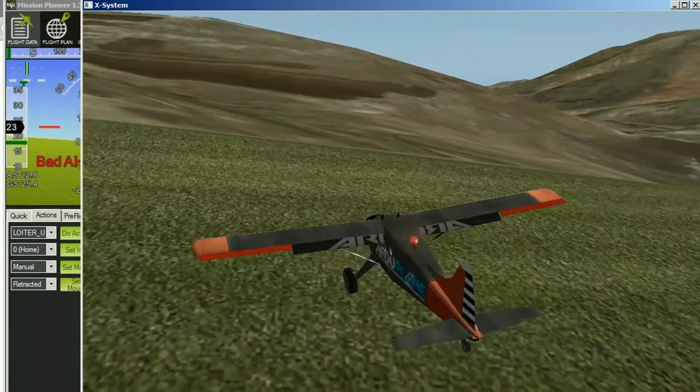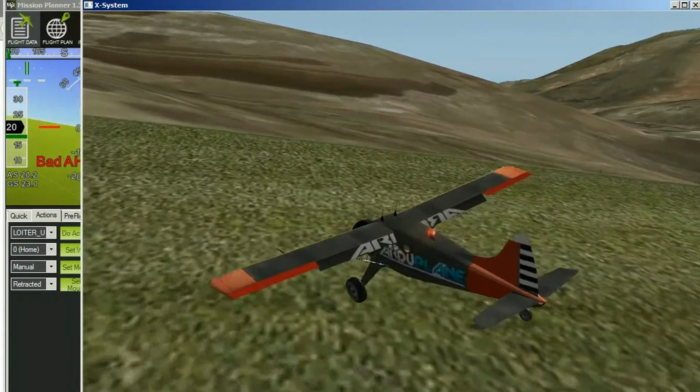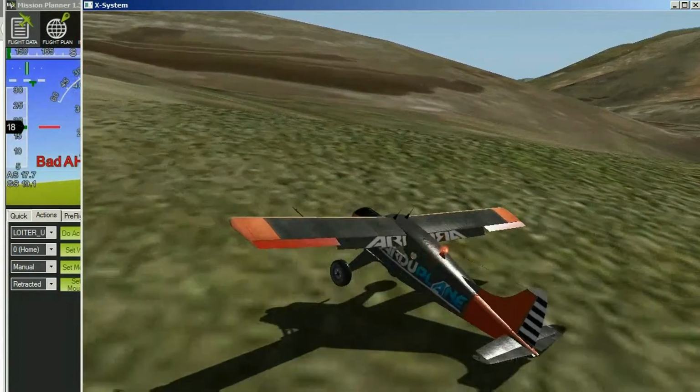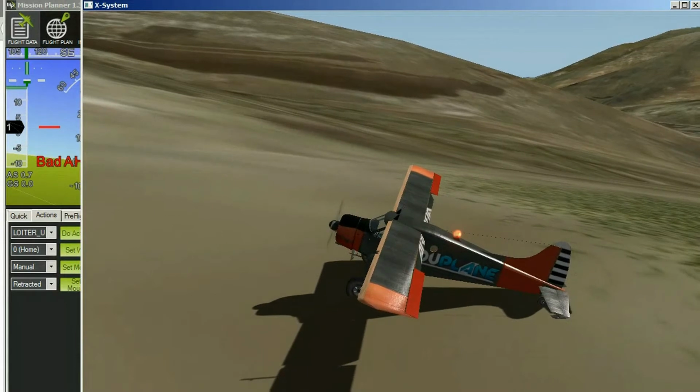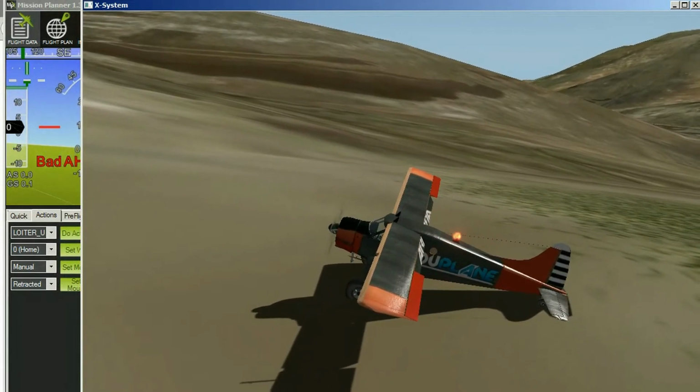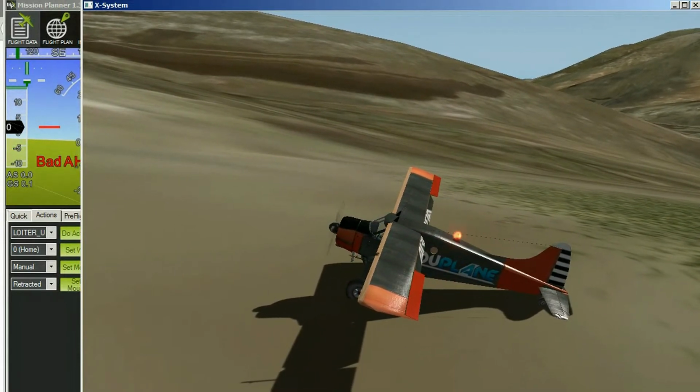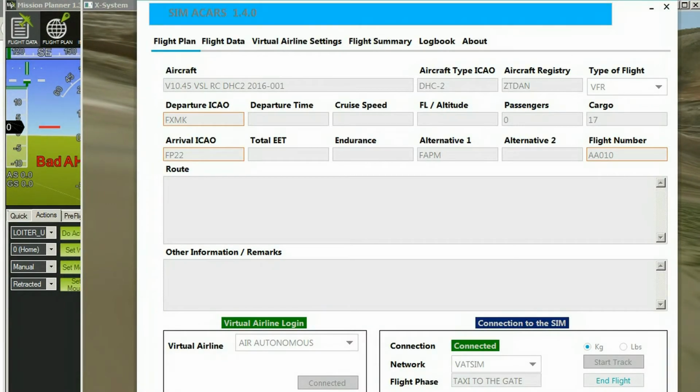Did I say football pitch? FP is football pitch 22. Hold on now. Yes, a bit of a thud that. So right, we're there. And what the virtual airline management system requires now is that we tell it that we're there. So we just